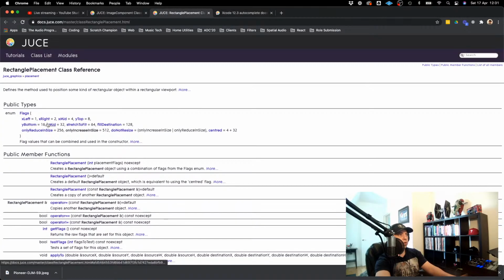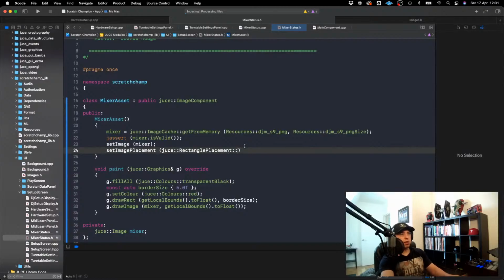Then we want, let's see, currently it is centered. You know what? How do I do two flags? Because I want it centered and I want fill destination. Is it like this? I'm going to try this. I'm not sure if this is right or not. Centered,